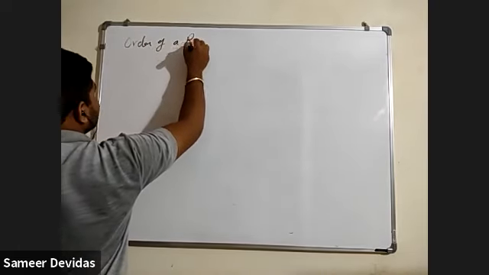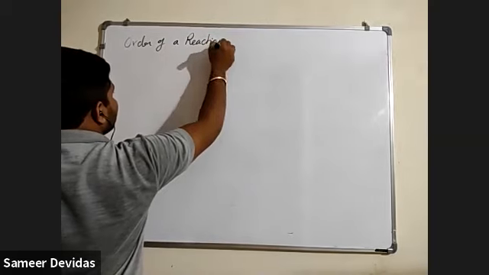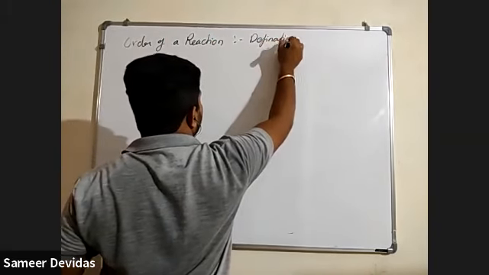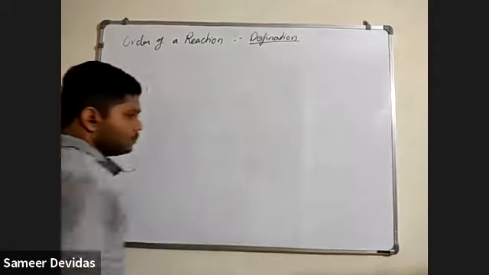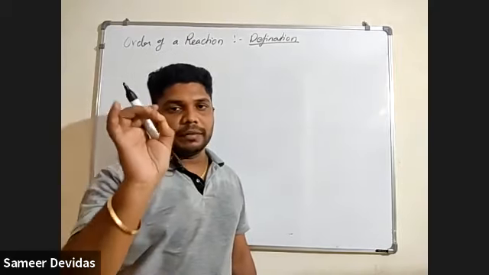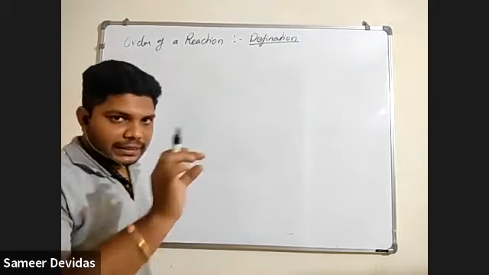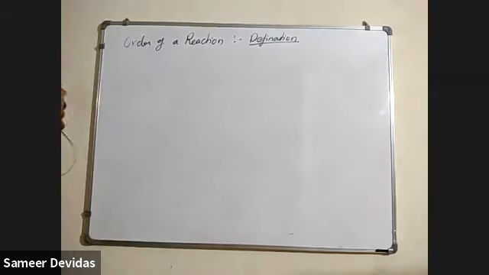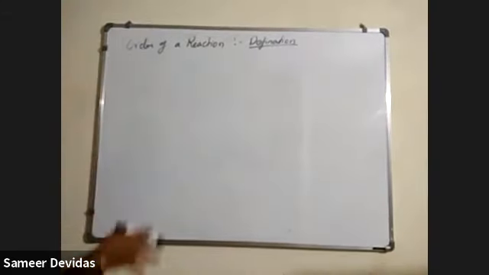Order of a reaction. First of all, you need to write the definition of that. Have all got the definition in the notes? It is defined as the sum of the powers to which concentration terms are raised in the rate law expression. One of the very, very important definitions. As it looks easy and simple, many people make mistakes in this. So first is the definition concept.